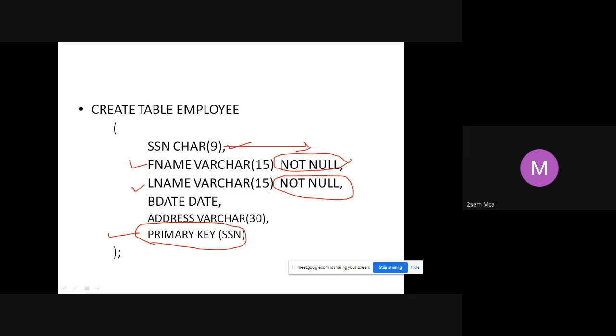When I say primary key of SSN, this is a constraint on the table itself. Your primary key is a constraint on a table. For one table, you are making this SSN a primary key. It's not just for one attribute. So that is about specifying primary key constraint, not null constraint, check constraint, default constraint. Any doubts on this till here?